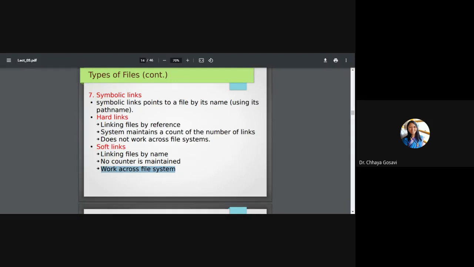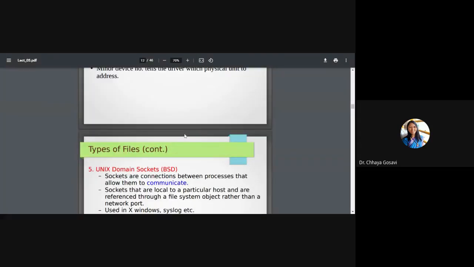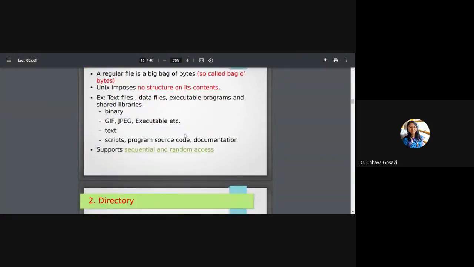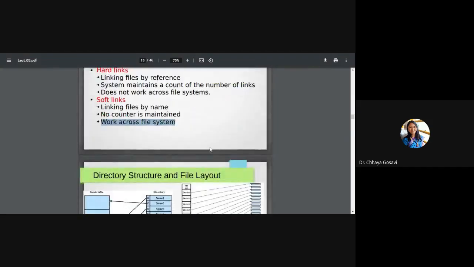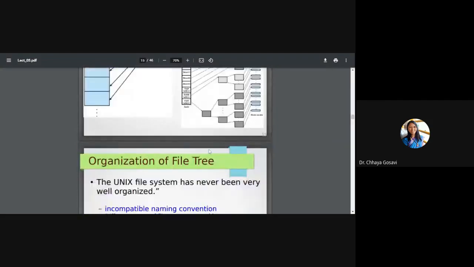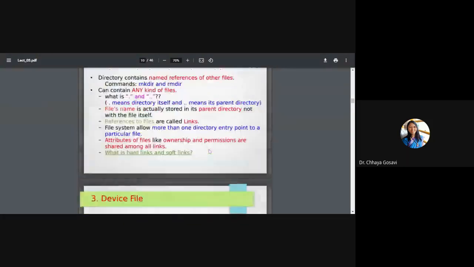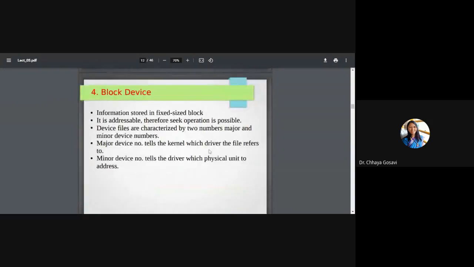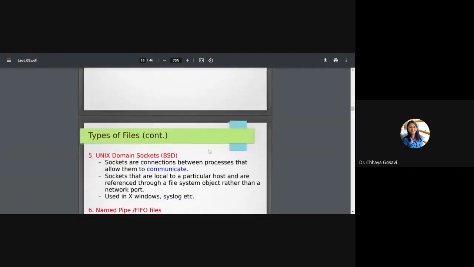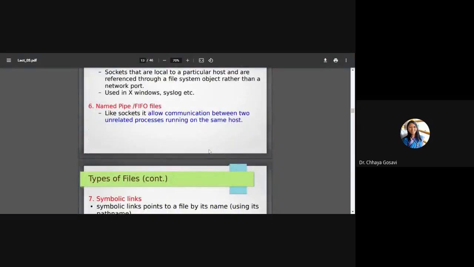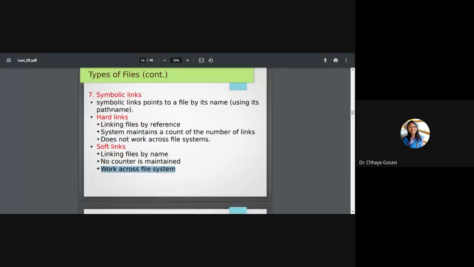Fifth and sixth are related to networking, that is Unix domain socket and named pipes. And the seventh one is symbolic link. The name symbolic link is given for that file, but it can be a hard link or soft link depending upon the links of the file.